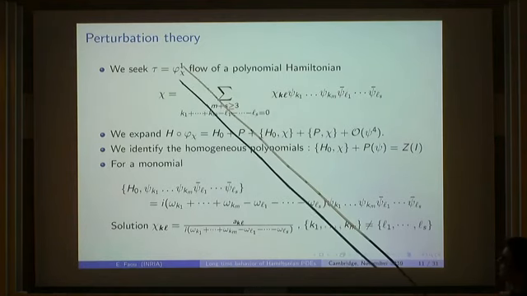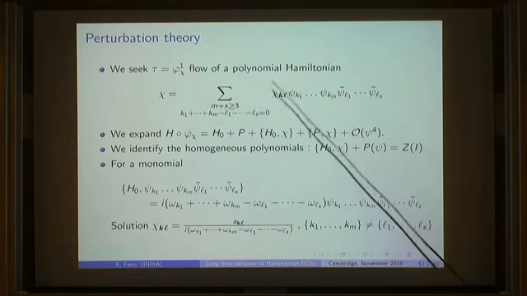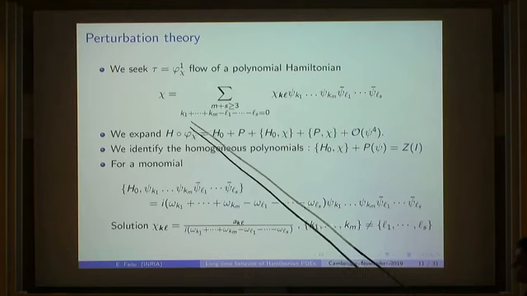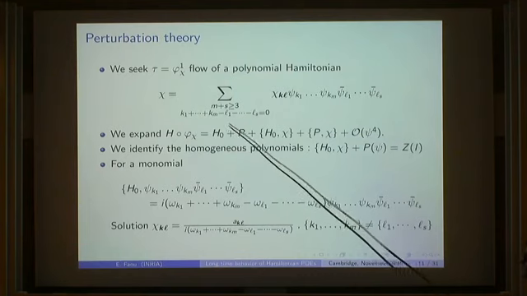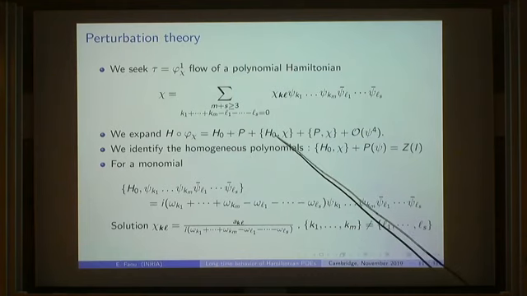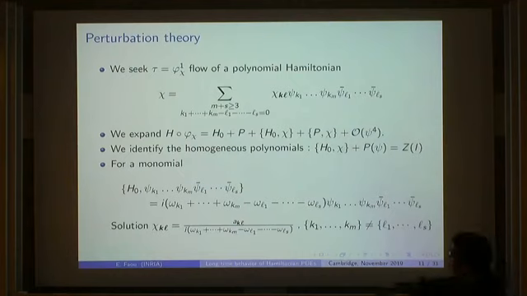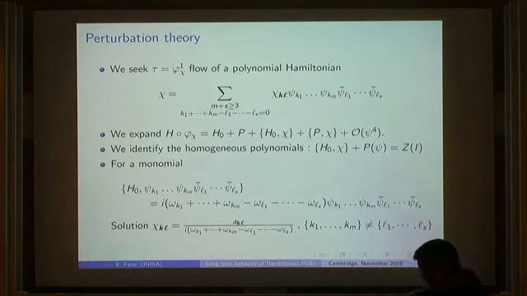Okay, so now you do some algebra. You seek the transformation under the flow of a polynomial Hamiltonian of the same form. You expand the flow, so this is the transformation you want to construct. It starts with the identity, then a Poisson bracket between h0 and chi, and p and chi, and something that is of order 4. And you end up with solving this kind of equation, which is called a homological equation. You want to invert this. If you write this at the level of matrices, what I'm doing here,